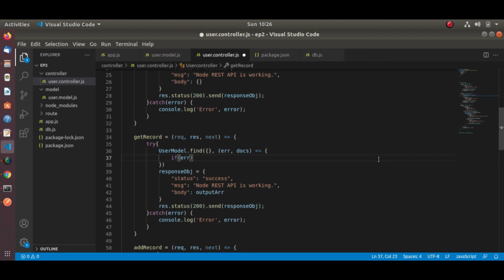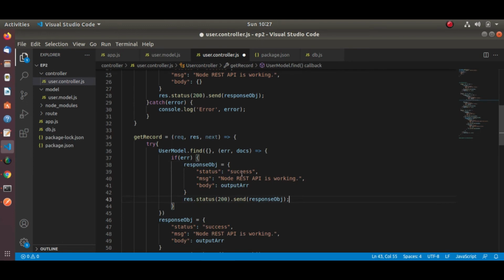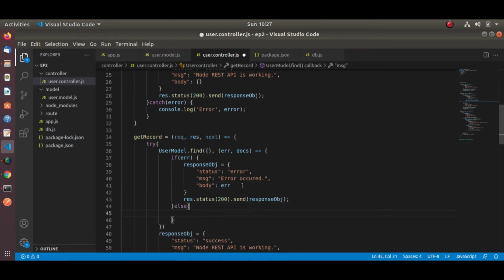If there is an error, we will return the error to the user. If not, we will return the records.